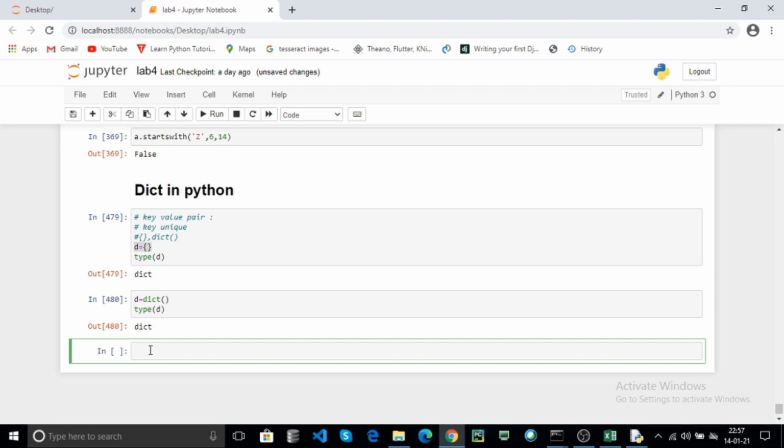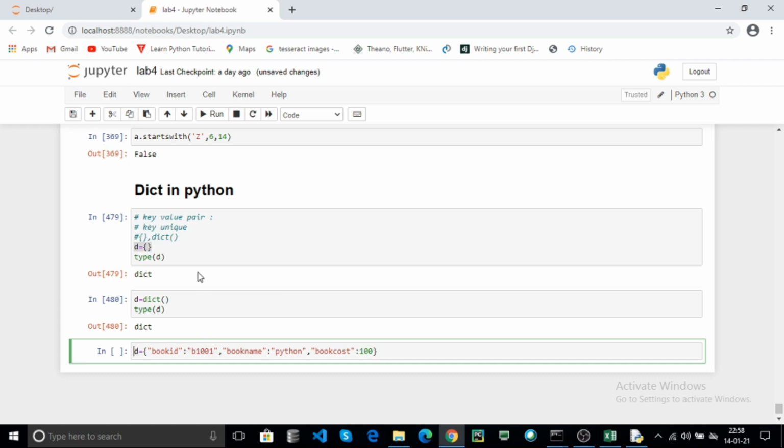Now how to pass some key value pairs in your dictionary. Now D is the dictionary variable. For example, you have one book. The book contains book ID, for example B1001, and book name, for example Python, and book cost, for example 100.